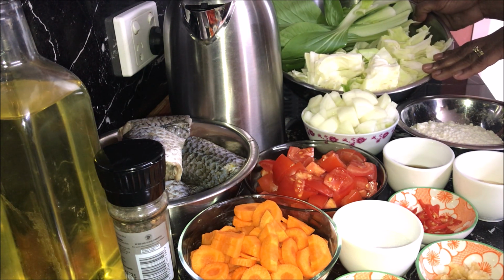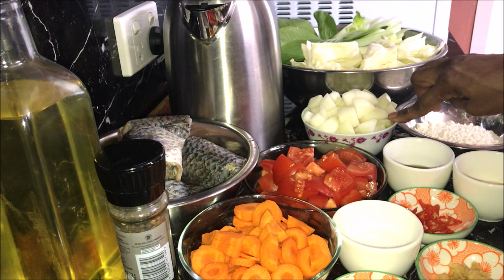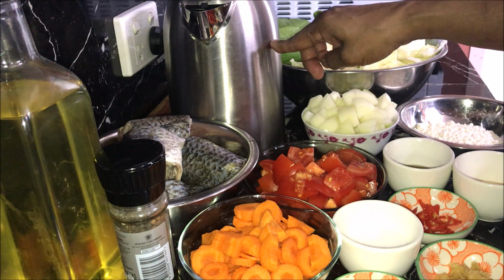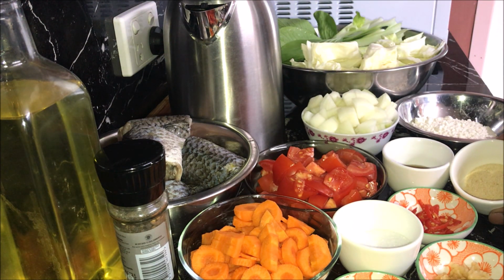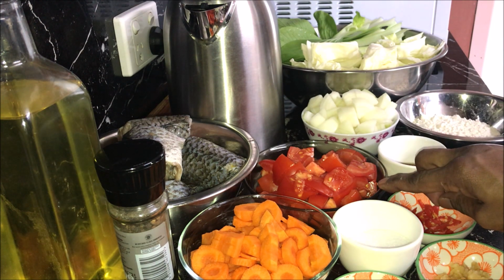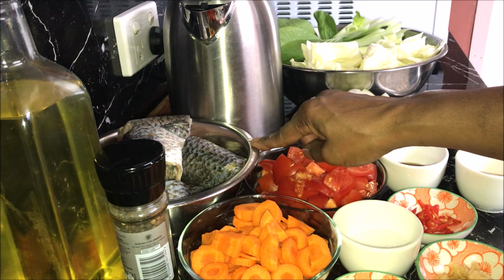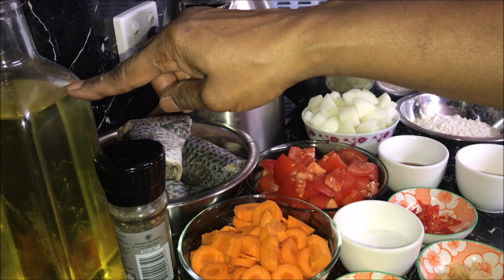cabbage which I have cut into thick slices, 2 medium onions which I have cut into small pieces, some hot water, half a cup of plain flour, 2 tablespoons of chicken seasoning, 2 tablespoons of fish sauce, 3 medium tomatoes cut into small pieces, 2 whole fish which I have cleaned and cut into pieces, some oil for cooking, some